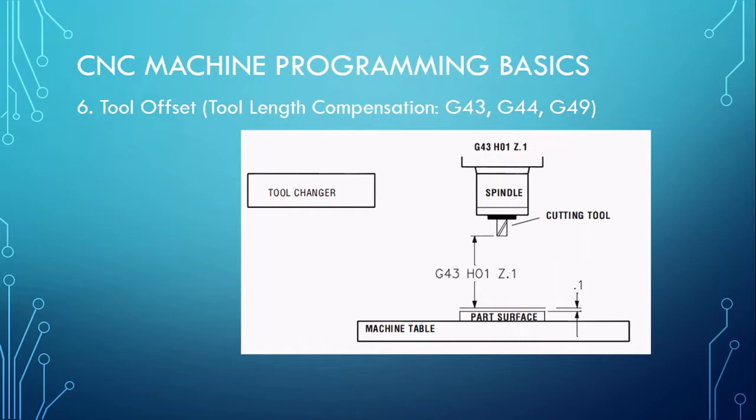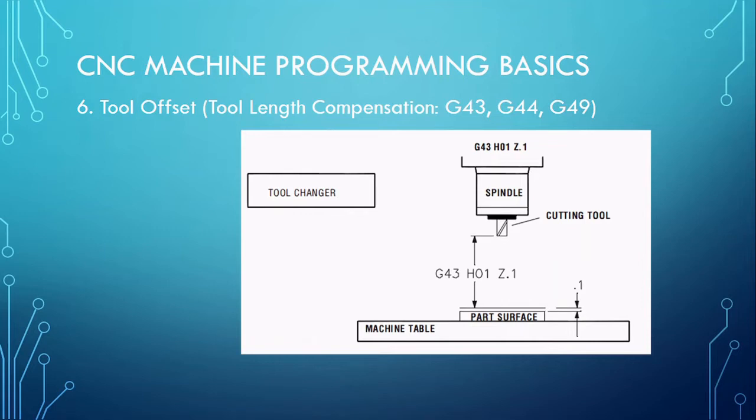Now looking at a milling machine to understand the concept again, machine tools can have a series of tools in the tool chamber, and so many tools might be required to machine a particular profile on a certain workpiece. So before the beginning of the operation, the operator will use a particular tool to serve as the datum tool. So the tool will be on the spindle, and the